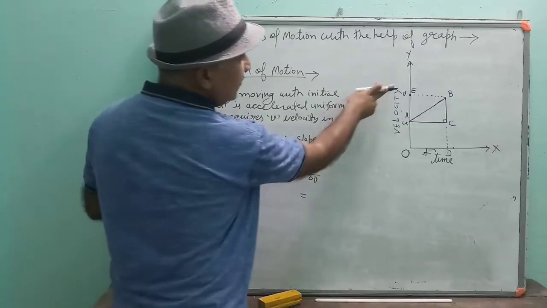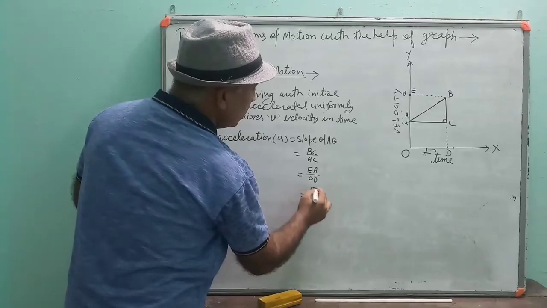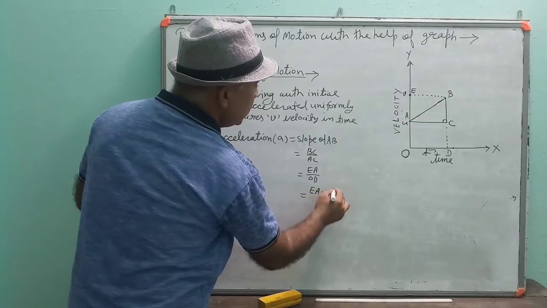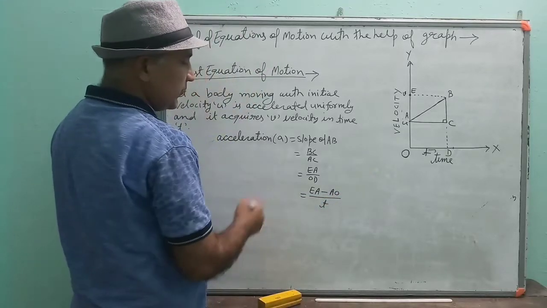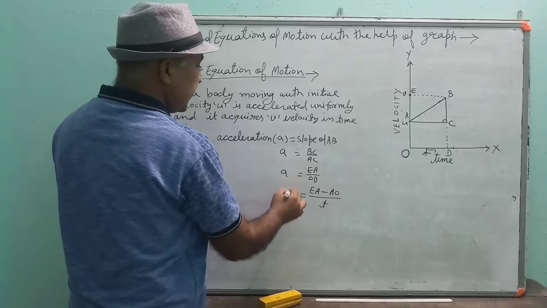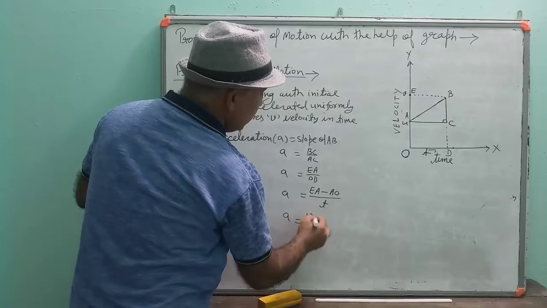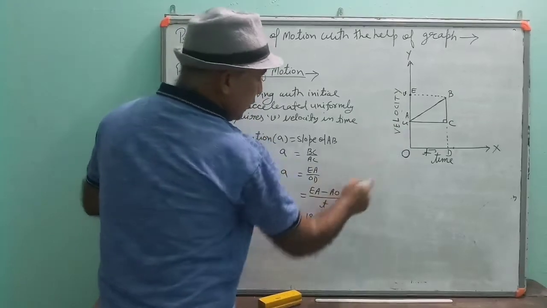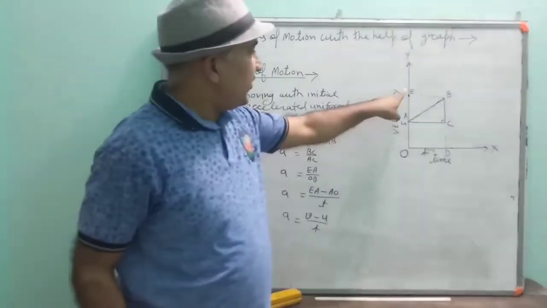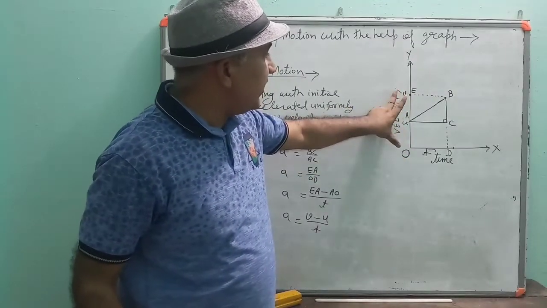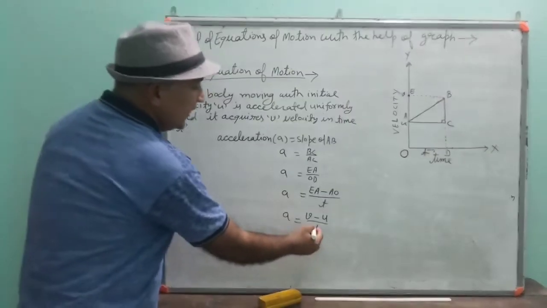Now see, what will be the EA? EA is EO minus AO, and OD is time t, there is no confusion in that. Acceleration is a. Now EA is the velocity v and AO is the u. Understood? The value of O to E is the v and value of O to A is u. Okay, so now arrange and get your answer.